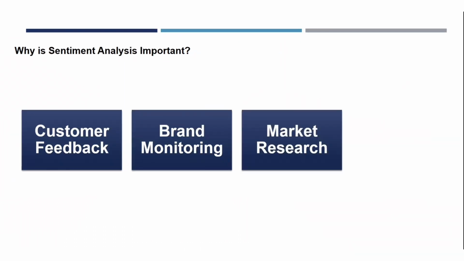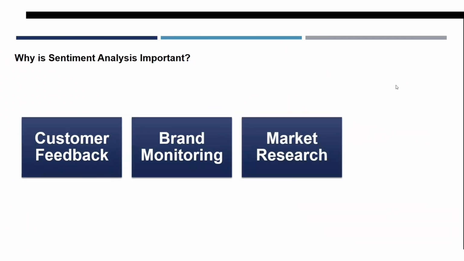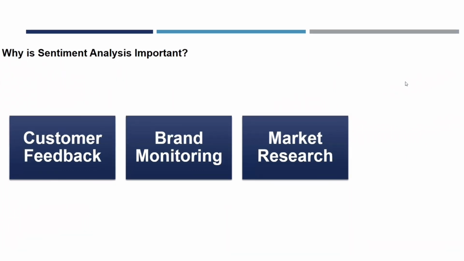And the third one is market research. Nowadays, sentiment analysis helps in identifying trends and public opinions, which can help in making informed business decisions. If they want to improve their product quality, or increase the customer percentage as well, all of this depends on the reviews only. Without reviews, for example, take an example of an IPL match. Previously, to know who is the table topper, who is second, third and fourth,